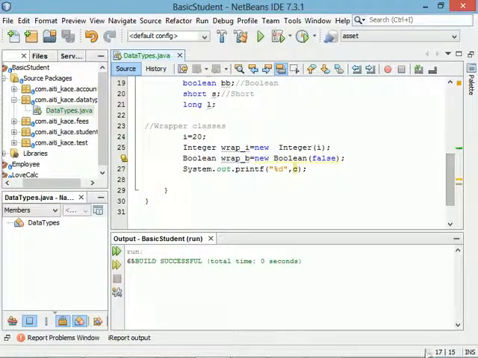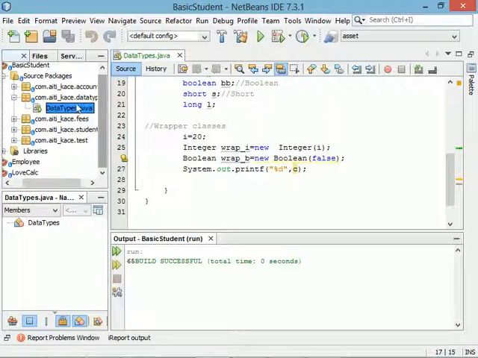So that's the Boolean type. Let's talk about the